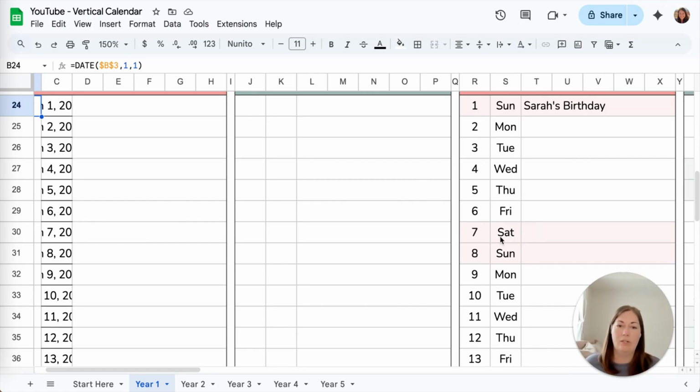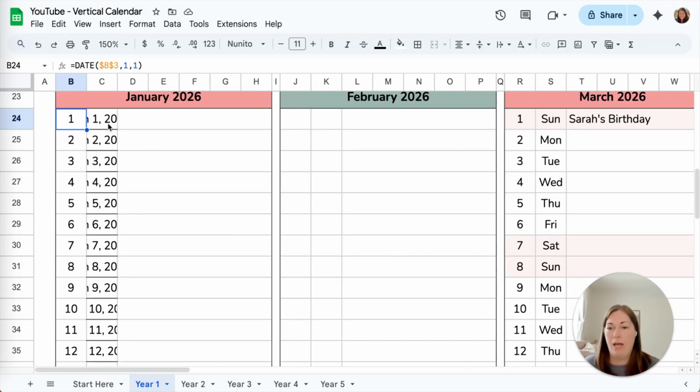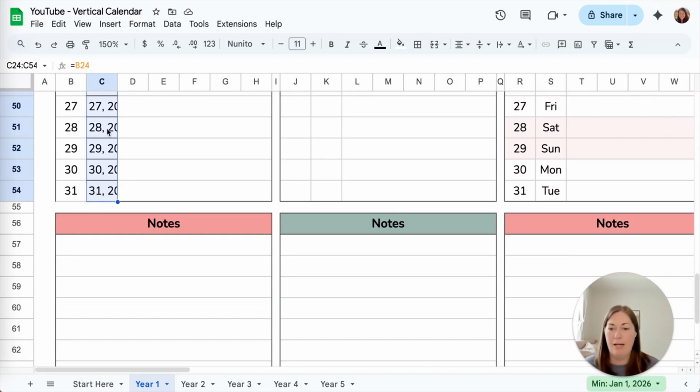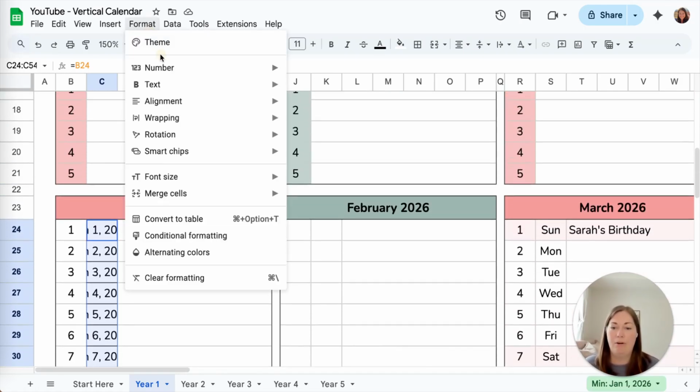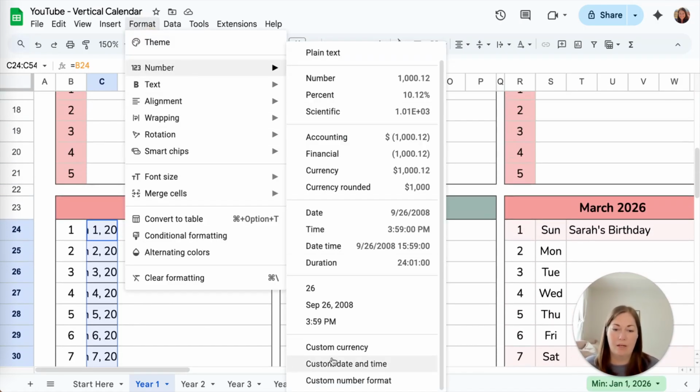So it can reference what's a weekend and what's not. Okay, so now for this one, we want to format it so it only shows a short form of the day of the week. So I'm going to select the first cell, holding the shift key. I'm going to grab the last cell, and then we're going to go up to Format, Number, Custom Date and